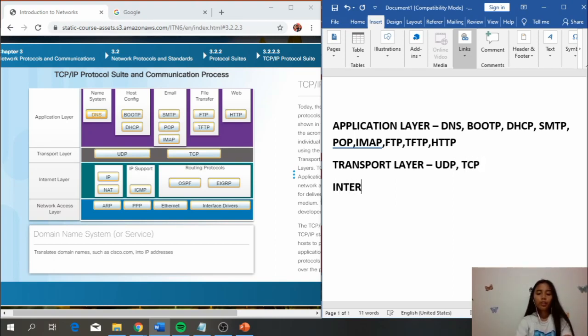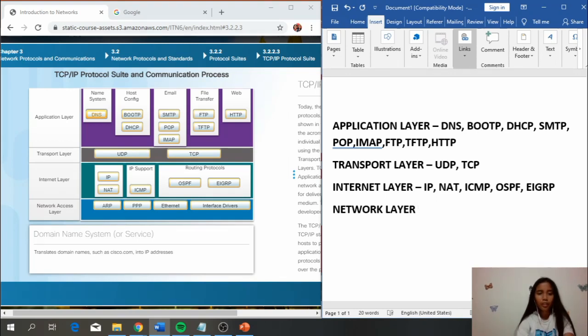And for the internet layer, we have the IP, the NAT, the ICMP, the OSPF, the EIGRP, and for the last one, we have the network access layer. So we have the ARP, the PPP,